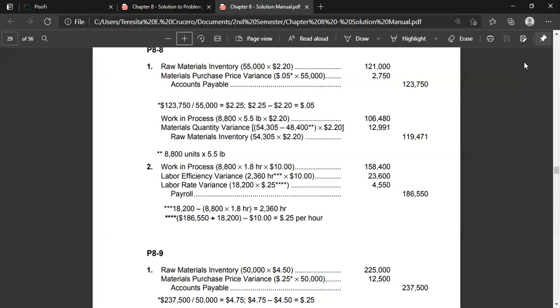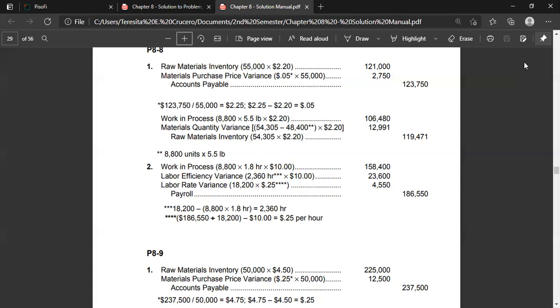So you get the debit to work in process 158,400. Debit to labor efficiency variance for 23,600. Debit labor rate variance 18,200 multiplied by